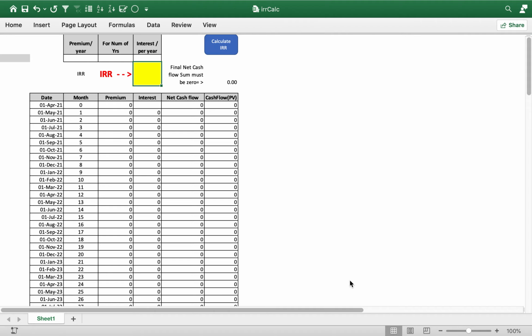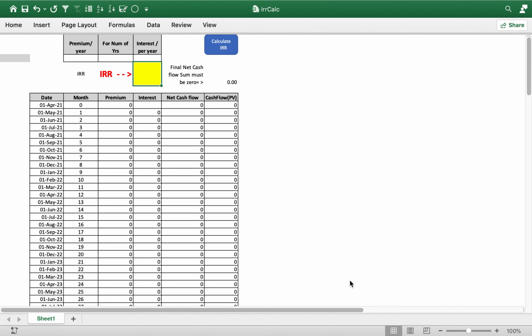Hi, this is an example of calculation of internal rate of return. Sometimes banks offer you different schemes where you are not sure what kind of rate of return you are getting. They tell you a figure, but that may not be true. This example is based on a real life case. We have tried to work out what is called internal rate of return, or in simple terms, the effective rate of return that you get out of